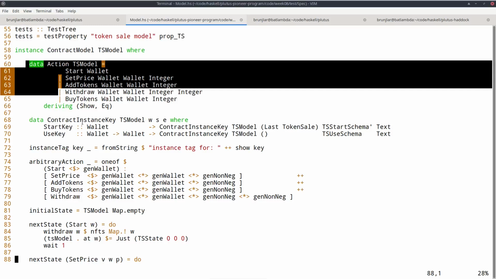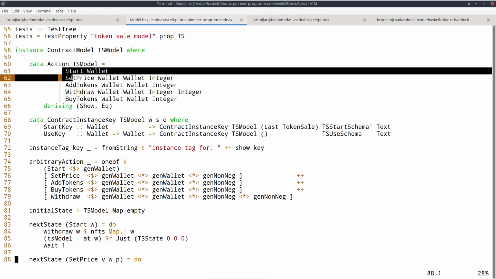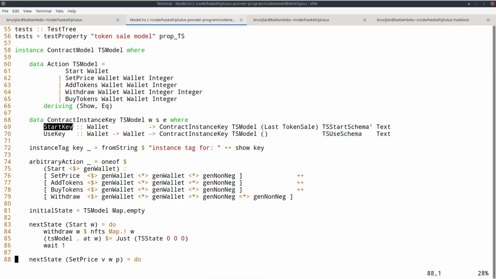So the idea is that instead of just providing the constructors, you write them in this form, basically with their type signature. So this means we have a constructor start key that takes a wallet as an argument and then produces something of this type. And the reason we need these GADTs here, or the point of GADTs, generalized algebraic data types, is that with normal data types, the type parameters are always the same for all constructors.